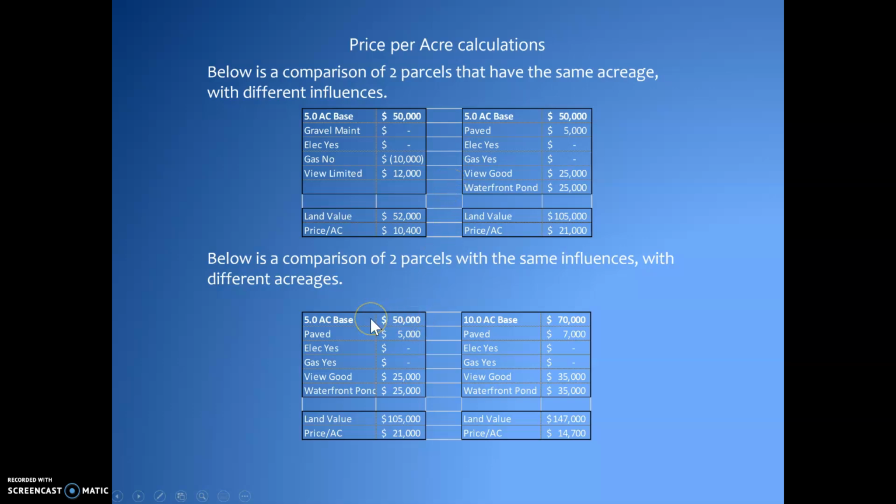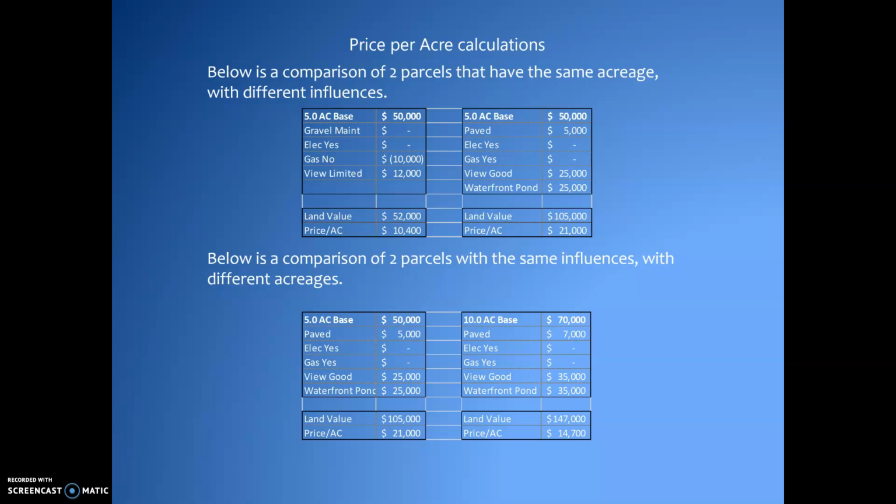Now let's take a look at two parcels that have the same influences but different acreages. So our first parcel here is 5 acres with a base rate. And then we make the adjustments. And then our second parcel is 10 acres, which has a higher base rate, which we would expect. And then those influences. So on our first parcel, we have a value of 105,000 for a price per acre